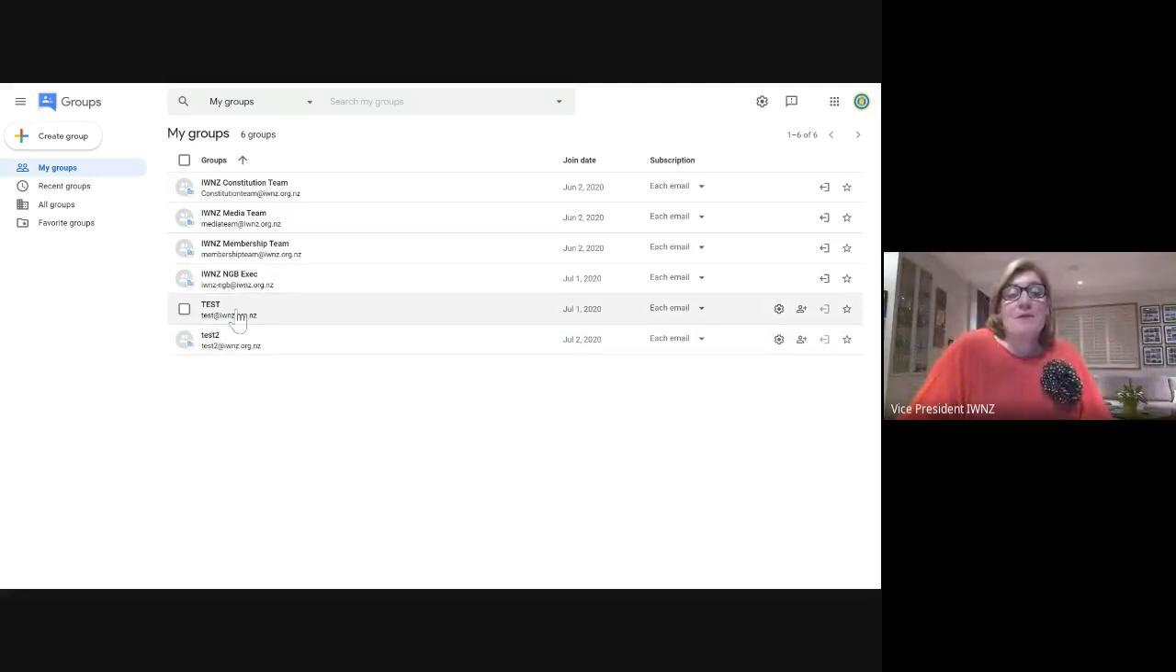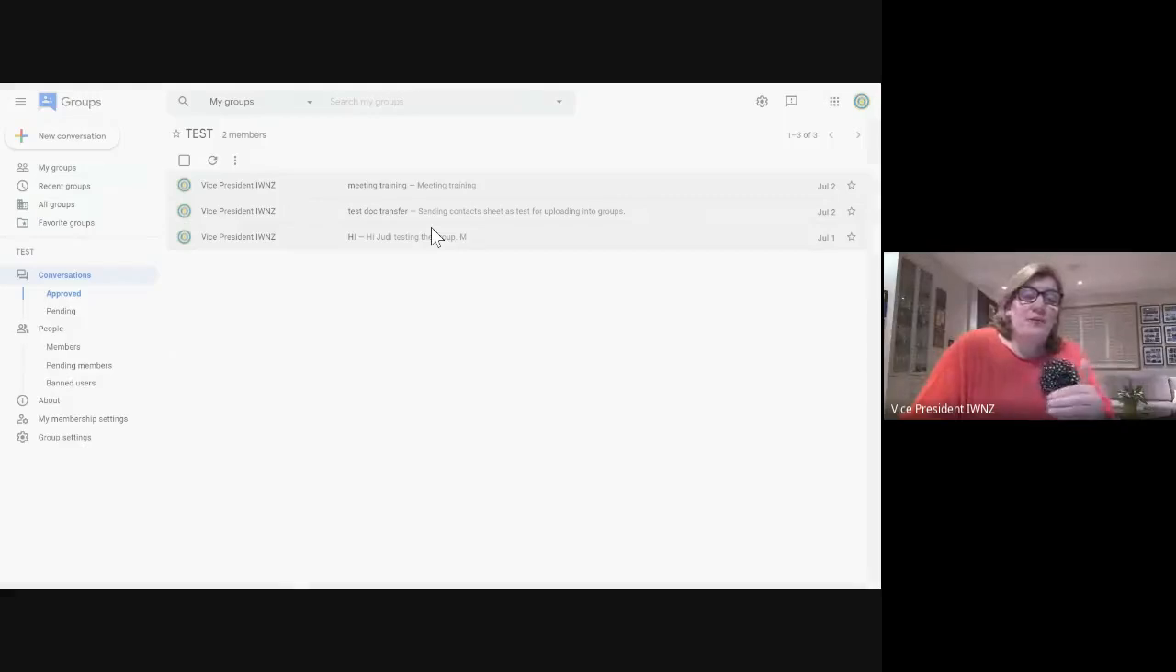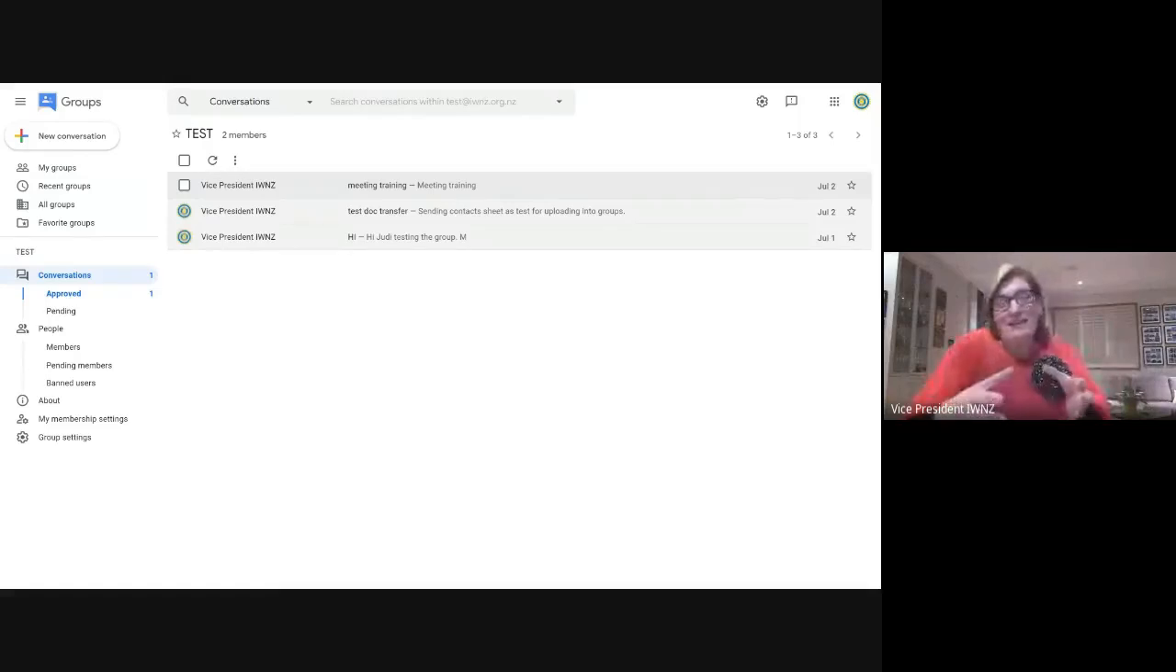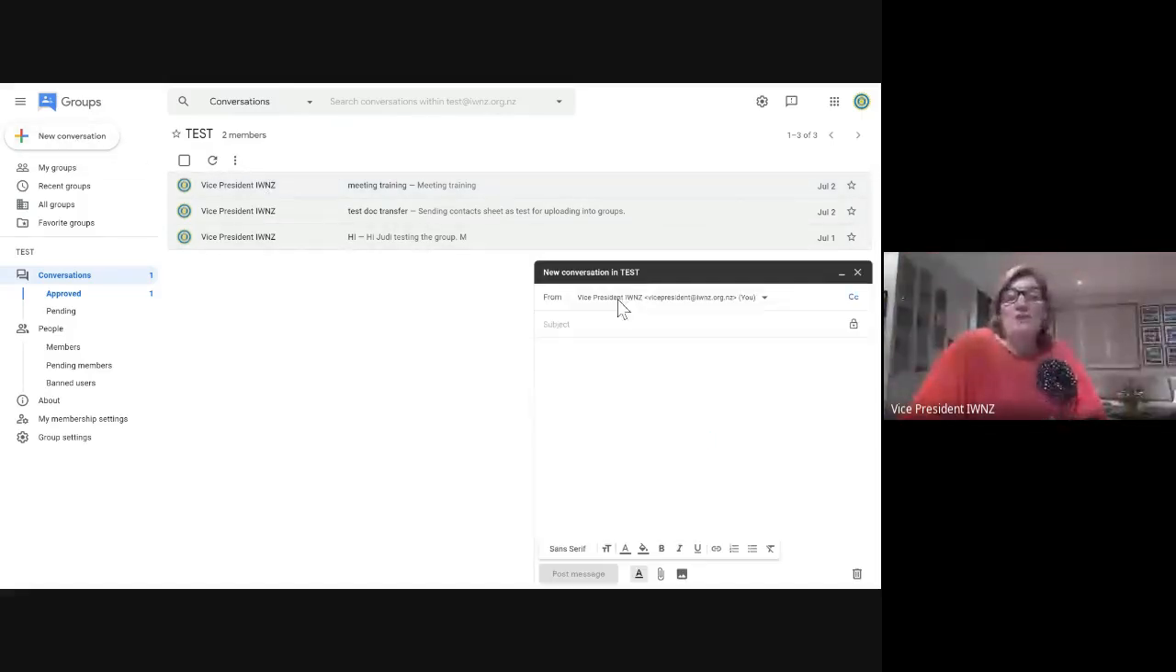But when you set up a group, you invite people who have an IWNZ account to become members in it. So this is where, as a district executive, you can have your executive team set up as a group. Once you've made the group, you can start conversations, and a new conversation looks just like an email. And when you're sending an email,